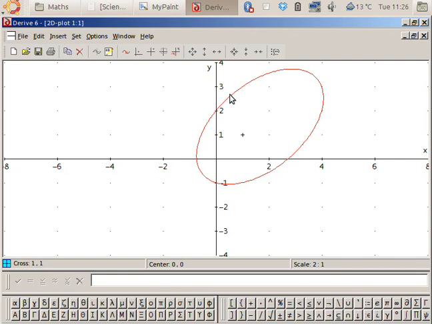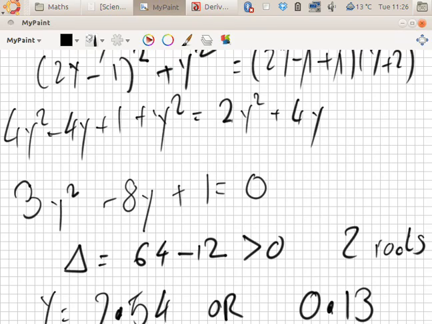We didn't work out the x value, but I can tell you if you work it out, it's more likely to give you an answer of over here. Because I can see if I draw the tangent here, you see it is vertical. Where else is it vertical? Well, about here. And that's it actually, isn't it? It's just here and here. So here it's vertical at about a height of 2.5. And here it's vertical at a height of nearly 0. Which you see matches up with my decimal. So I know that this answer is right